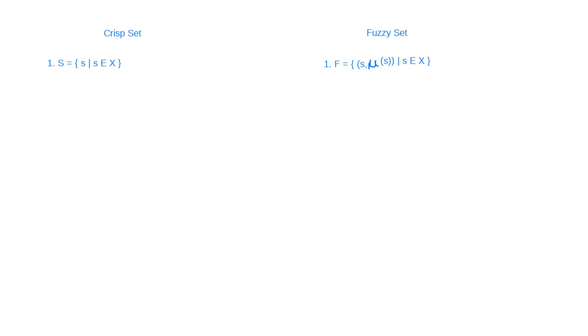And the second difference is, it is a collection of elements, and it is a collection of ordered pairs,